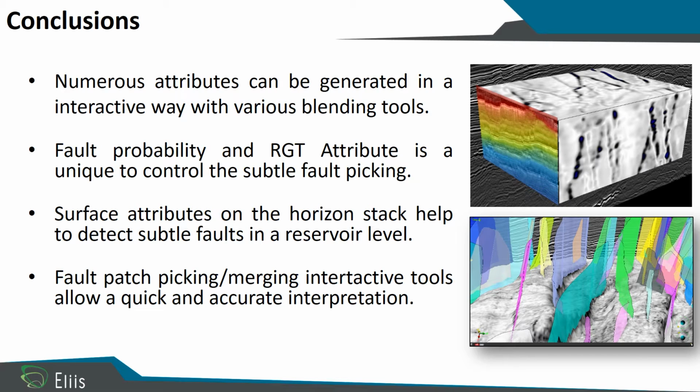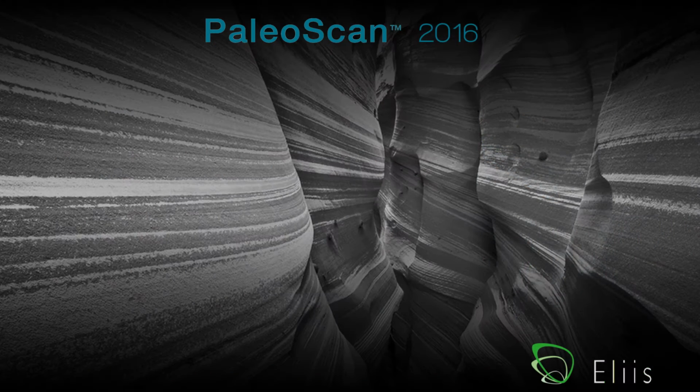So we have seen the importance of the attributes to interpret faults. So these attributes can be generated either from the seismic data or from the relative geological time model. They give very important information to the interpreter to pick the fault patches. So we also use the horizon stack with instantaneous attributes like dip variations, azimuth, but also steepest descent gradient to enhance subtle faults. And by multi-directional picking, the interpreter can pick different fault patches in a very quick way. And interactively, all these patches can be merged with a fault merging tool assistant.